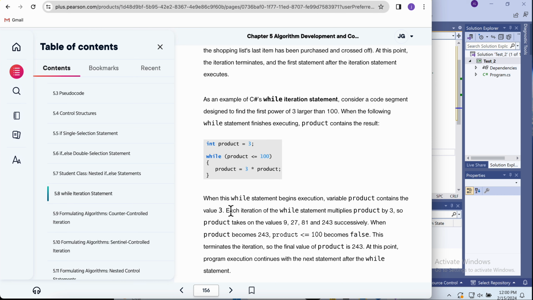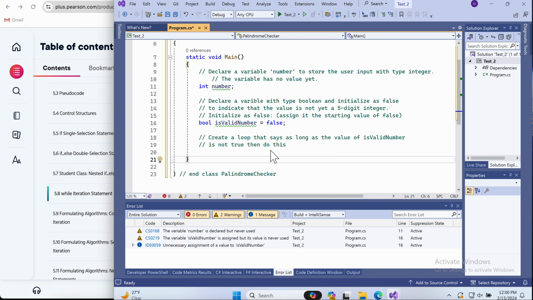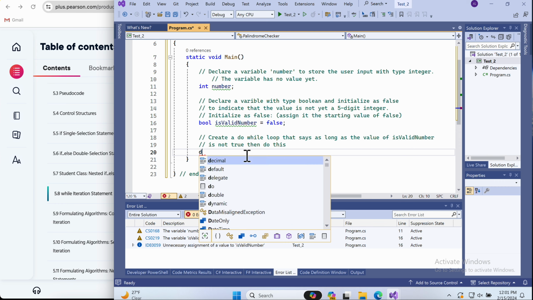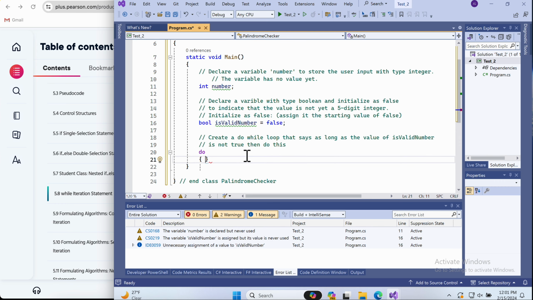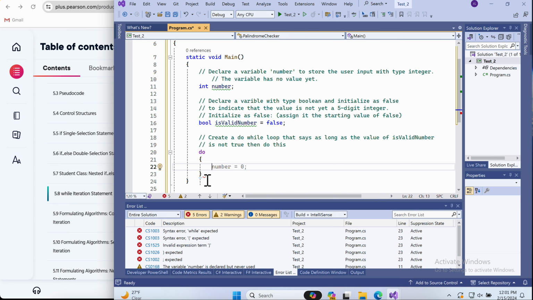It says, while this is true, then do this. So we're doing do while, so we're going to say do this while this is false, is what we're going to say. So we're going to start a do while loop. We're going to start our do while loop with the keyword do, and then opening and closing curly braces. We're going to say do all this that we're going to put in between it, while,